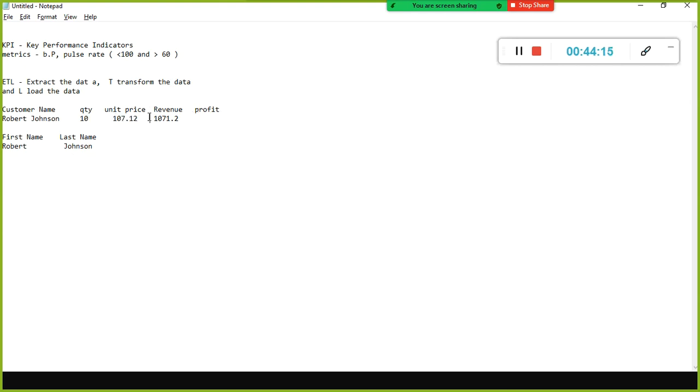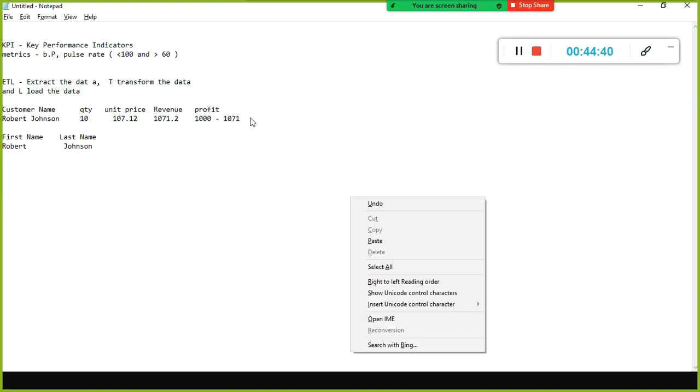So again the profit. This is a sale price, and what is the cost price? Let's say the cost price is 100 into 10, so 1000. So 1000 minus 1071, the difference is 71, and that is your profitability.